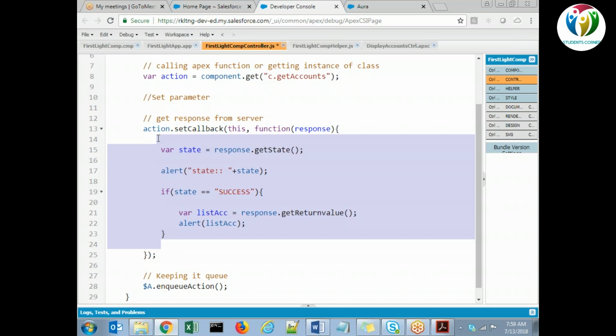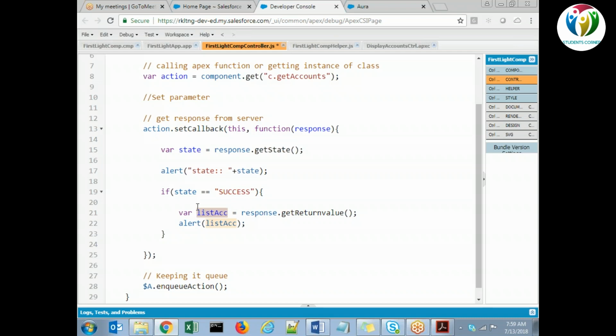See, basically, first thing, this is part of the syntax. And now the meaning of this. Let's say you got the response here in this variable. Now you want to call some more apex class functions on the basis of this response.